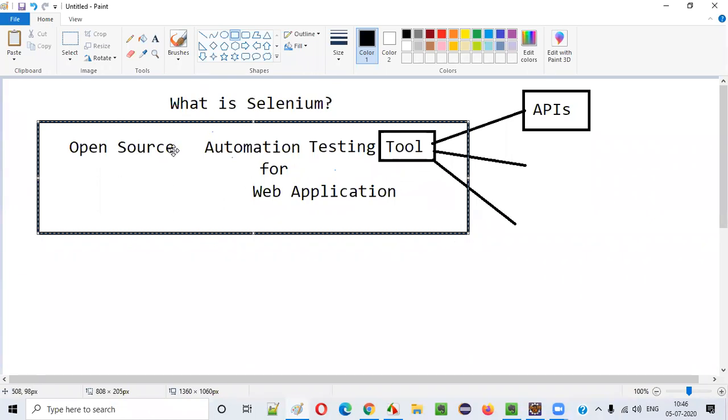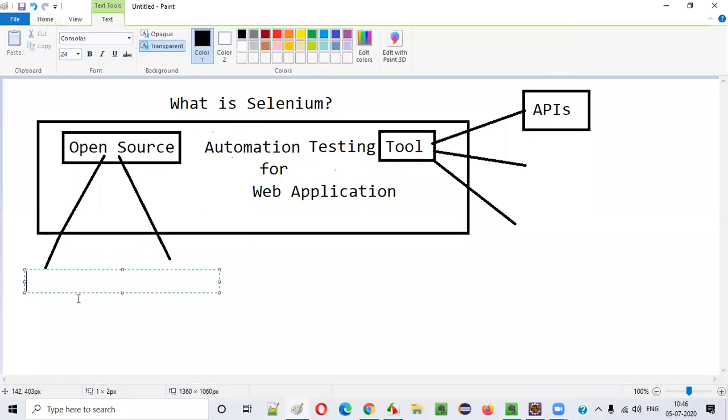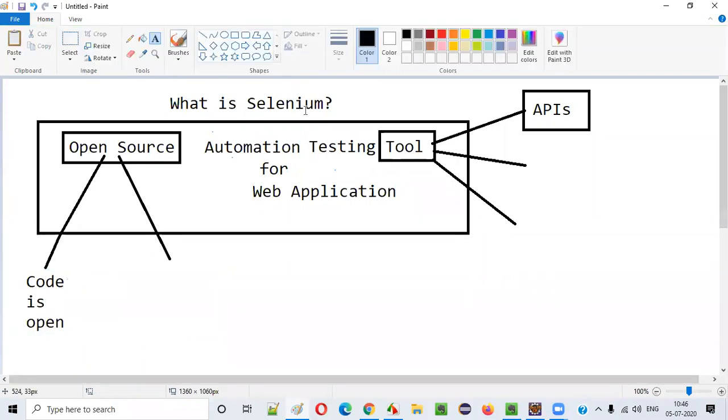So what is Selenium now? Selenium is nothing but open source. Open source means the code is available for everyone. It's not just free. There are two benefits of open source in reality. One benefit is that its code is open. Anyone interested in developing Selenium to the next level can get this code from the website, add their own version of the code, get that code approved, and have it in the latest versions of Selenium.